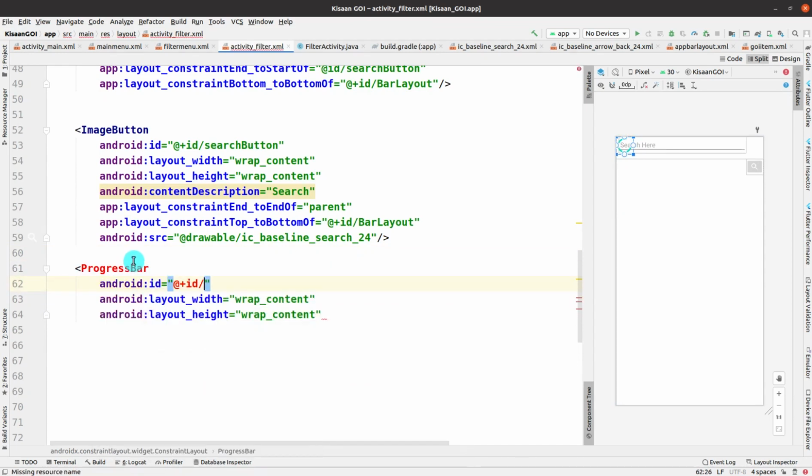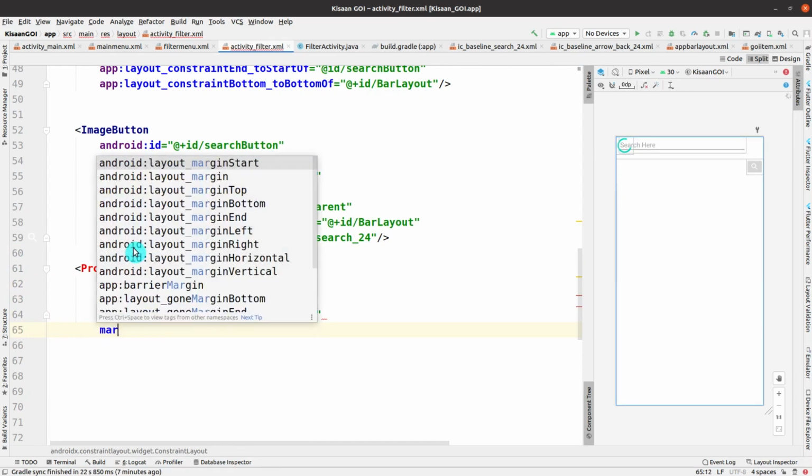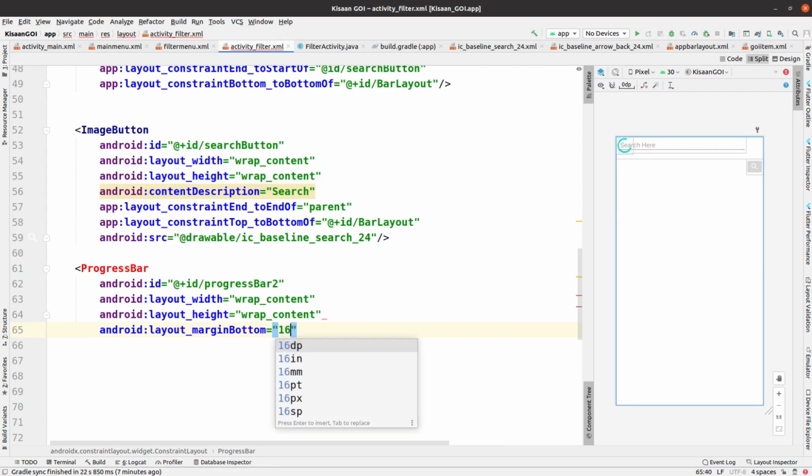We are going to use two progress bars, one for fetching and the other one for filtering. The progress bar ID is given as progress bar 2, and then the width and height are given as wrap content.